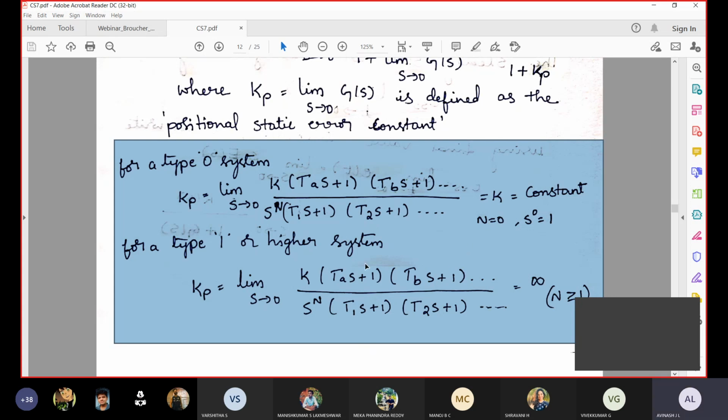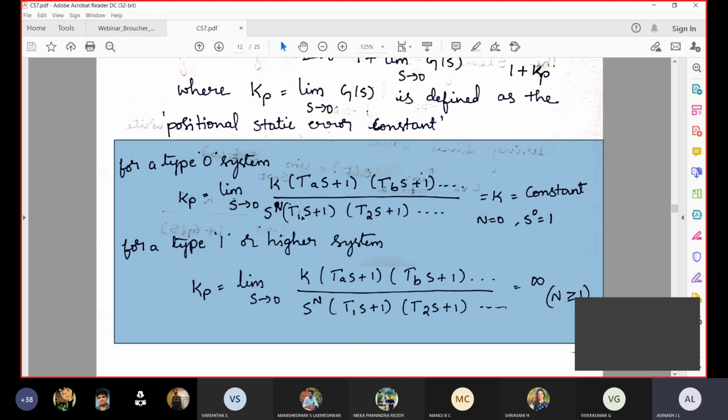Okay. So here what you can understand now, all of you, is s to the power of n equal to what? n equal to 0, so s to the power of n equal to 1. So now we apply the limit. Wherever s you find, after putting n equal to 0, you put the limit s equal to 0. So wherever s is there, if you replace the value with 0, obviously TA into s is TA into 0, which is 0, plus 1 is 1. Similarly TB into 0 is 0, plus 1 is 1.